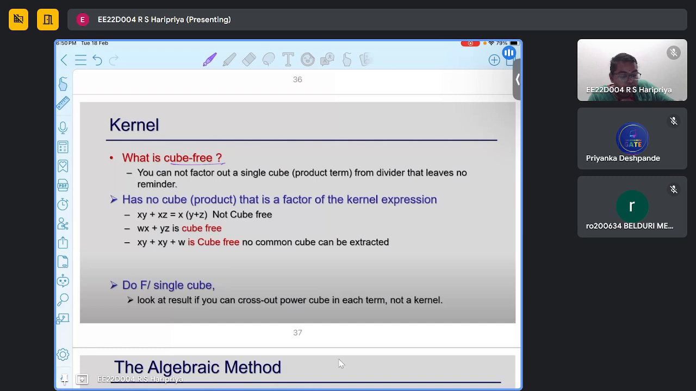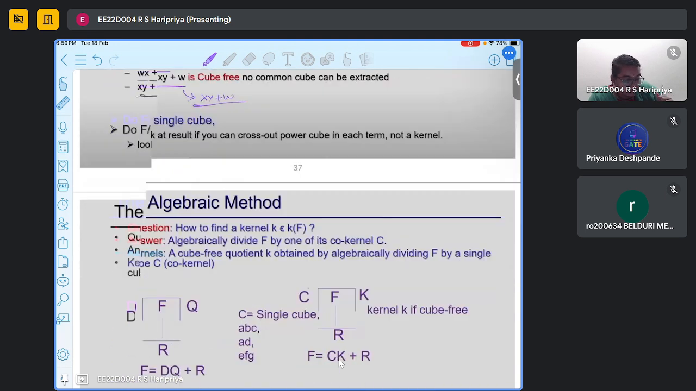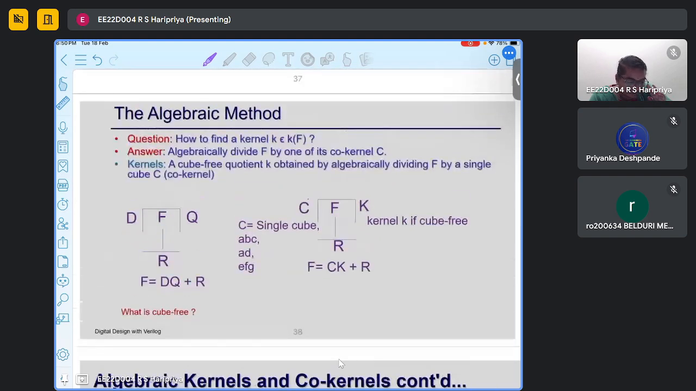So what is cube free? There are no common terms. This is not cube free because we have xy plus xz, we can have a common x. Similarly, this is cube free. This is also cube free. Here we have common xy plus w. Okay, so no common terms. So kernel is a cube free. So the examples include